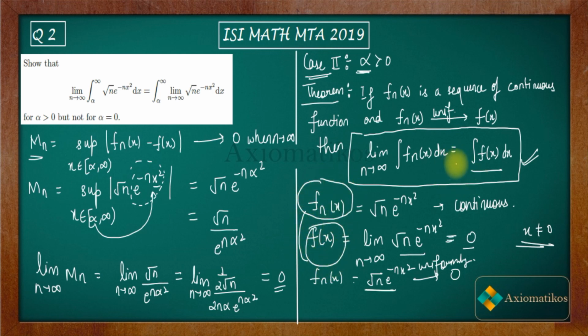Got it? Now using this theorem we got this result. So this is how you can prove this question. It is actually divided into two cases. The first one is alpha equal to 0. To show the alpha equal to 0 case, we used the gamma function. So a little bit of knowledge of the gamma function is essential, because you cannot evaluate that integral by yourself without knowing it. Now for the alpha greater than 0 case, it's very trivial, because if you know this theorem, then showing uniform convergence is easy. All right, so this is how you can show these things. So thank you.